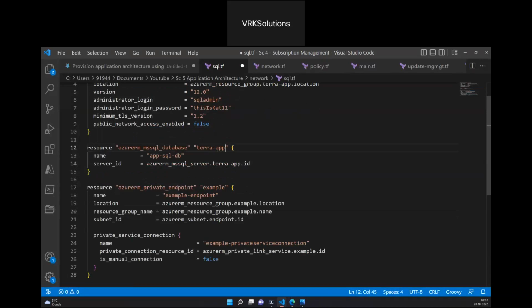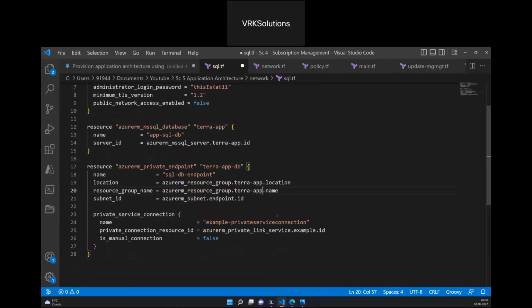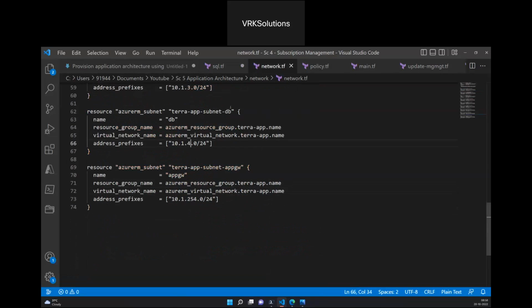I'm going to mention the private endpoint as Terra app DB, SQL DB endpoint. And I'm going to mention that the endpoint should be created in the same resource group. The subnet where the endpoint should be referenced is